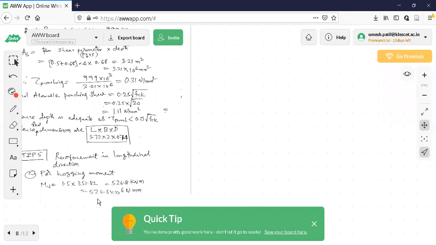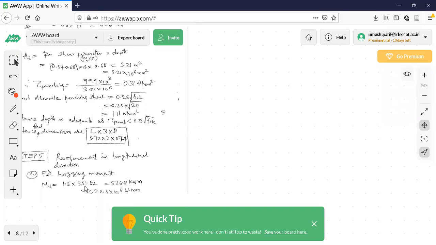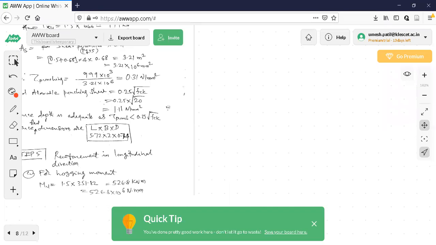Now the value is, when you want to calculate the reinforcement, factored moment should be taken. In the examination, the students are committing mistake here only. They are calculating steel with respect to unfactored moment, which is 351.82. That will give you lesser reinforcement. But if you calculate factored moment corresponding to 526.8, if you calculate the reinforcement, it will be higher. Higher means it is normal. Otherwise, you will lose marks here if you use this 350. So a lot of things, unless you practice, you cannot follow all this. You need. I'll give you one problem today.